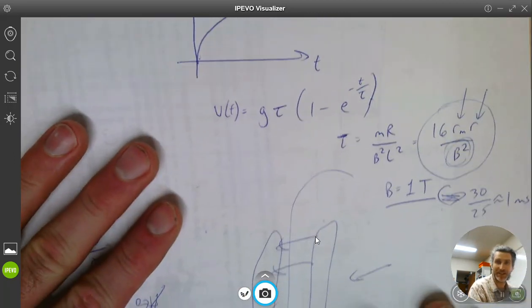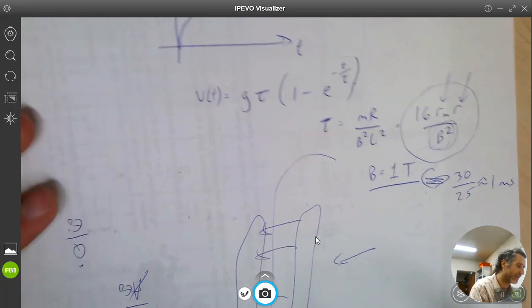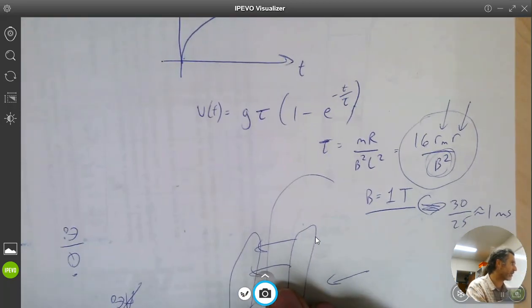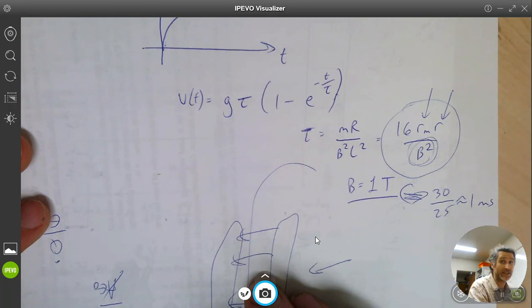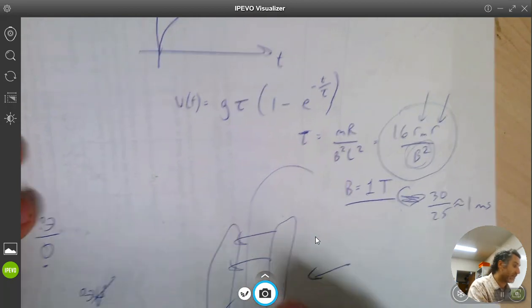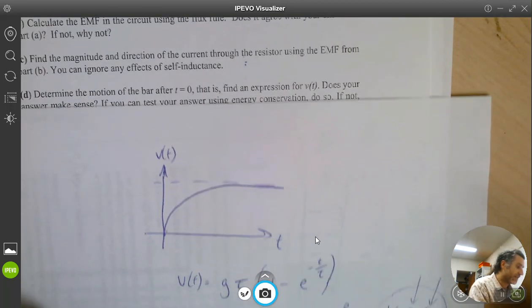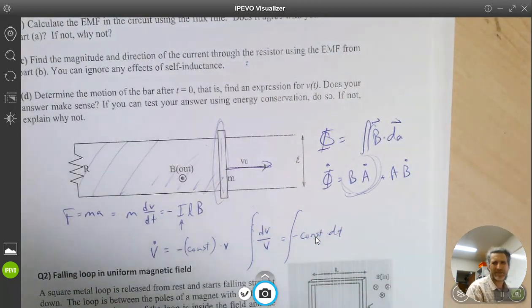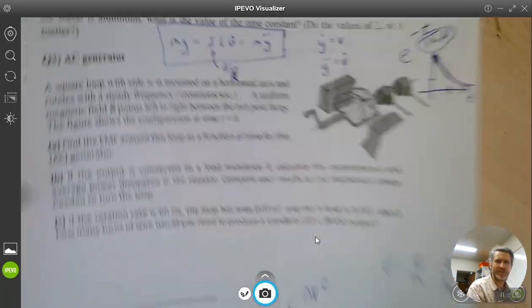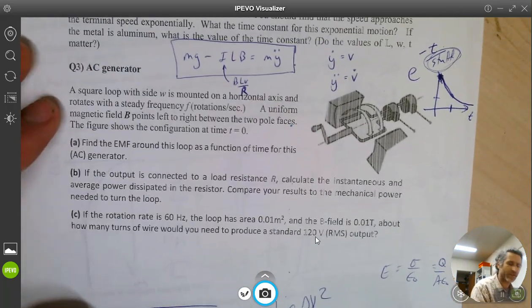So that's just me thinking on the spot, to help think through some of that. In other words, a bigger field apparently means that the time scale of reaching terminal velocity is much faster, which I guess makes sense because the magnetic field then has more of an effect, right?